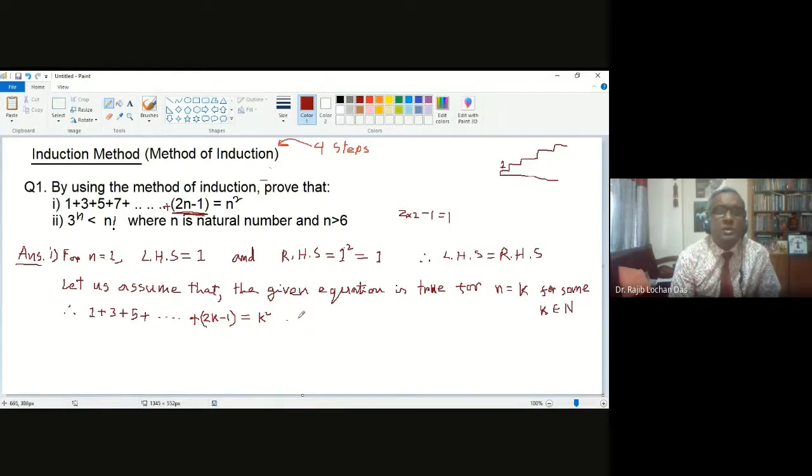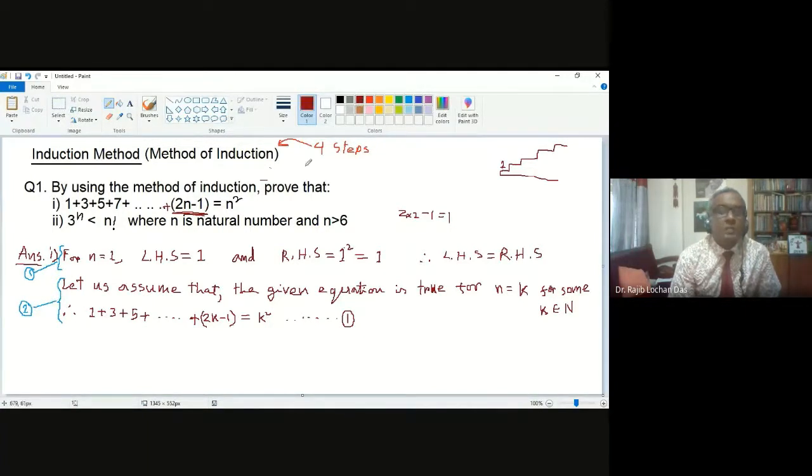So this is your one equation. It is a correct equation. It is taken from the given theory, and we are assuming that this theory is correct for n equal to k. So this is the situation. Now this part is step number 2. The first thing, putting a number, is step number 1. And the part we are writing now is step number 2.